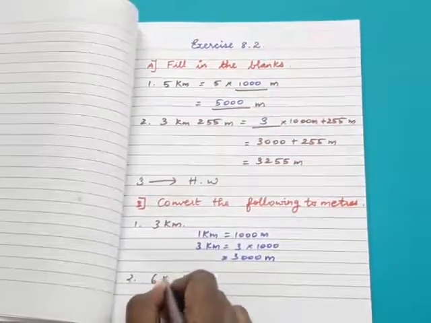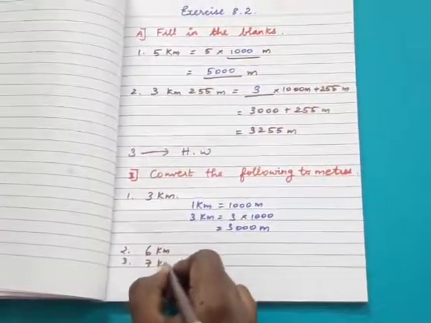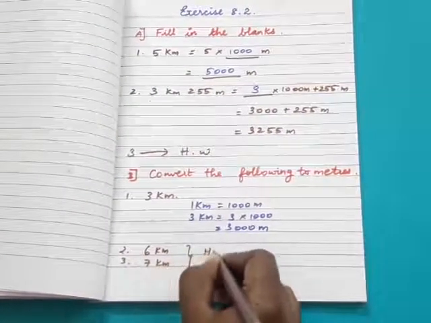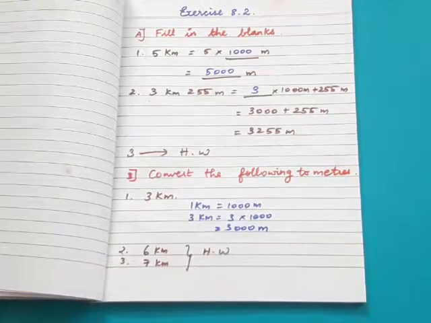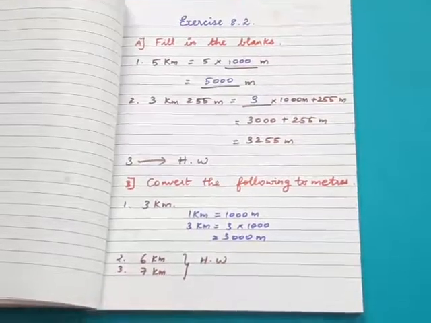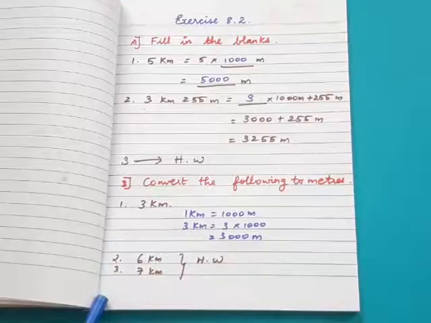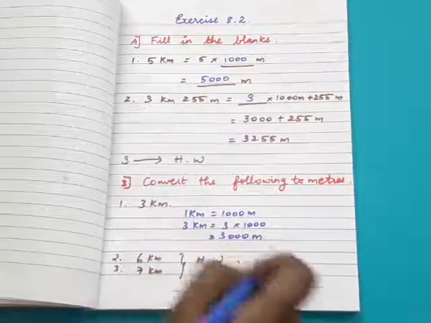Same like that, the remaining second sum 6 kilometers and third sum 7 kilometers is your homework. Okay, student, keep this in mind. That is homework. You should sit at your home. Keep this sum as an example. Then you are going to do these two sums. Okay. Shall we move into the next?